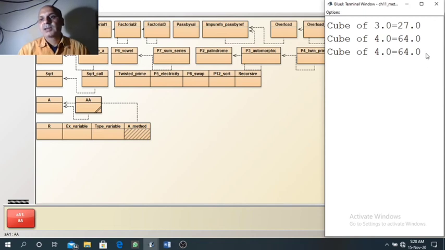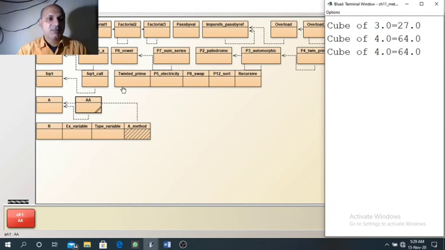Now you can see we are getting the same result as public. So when we don't use public as the access specifier, or we don't use any access specifier, then it behaves as public but in the same package.